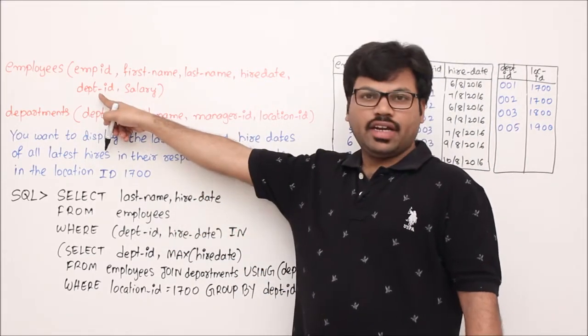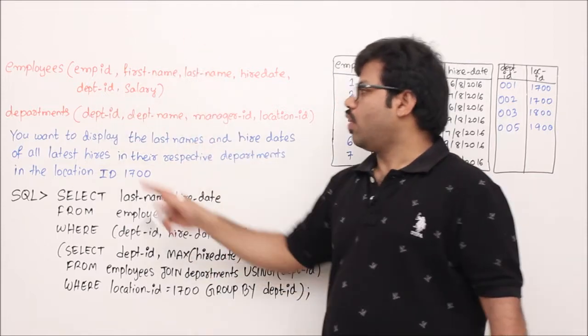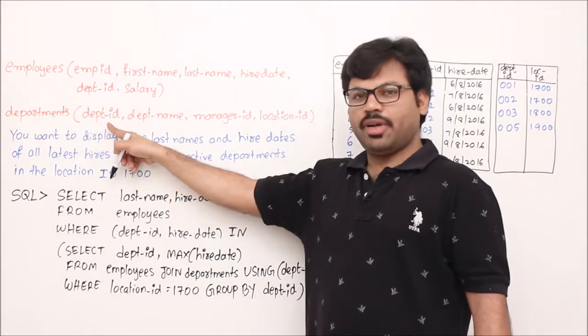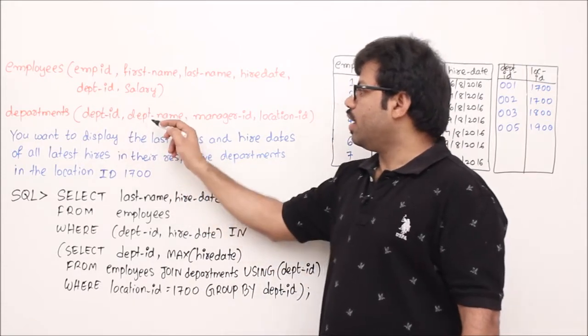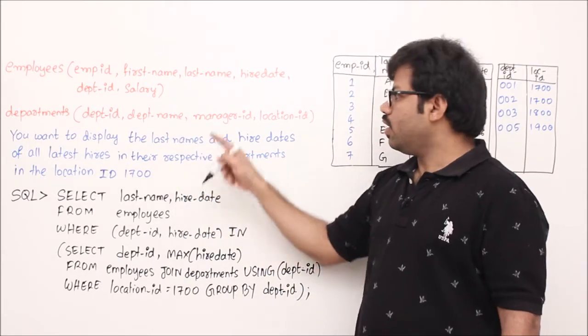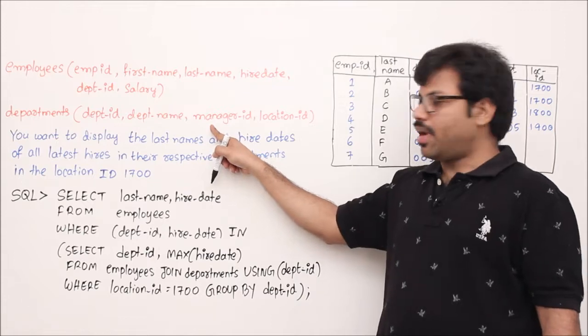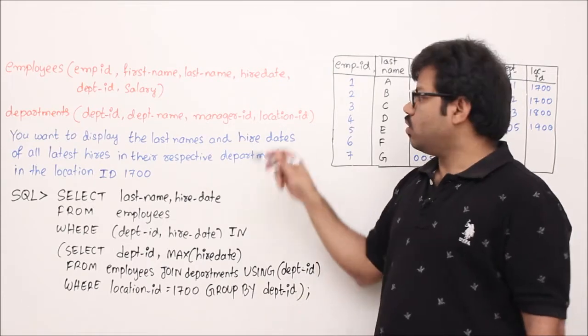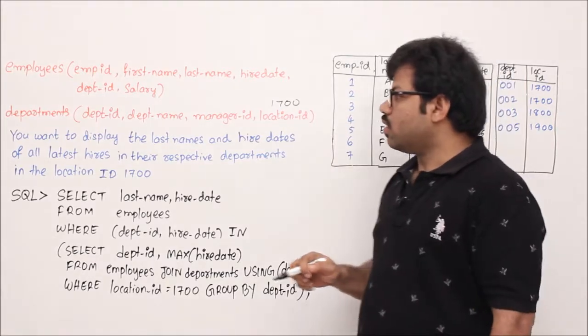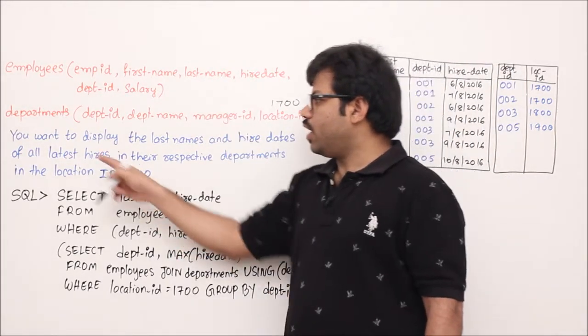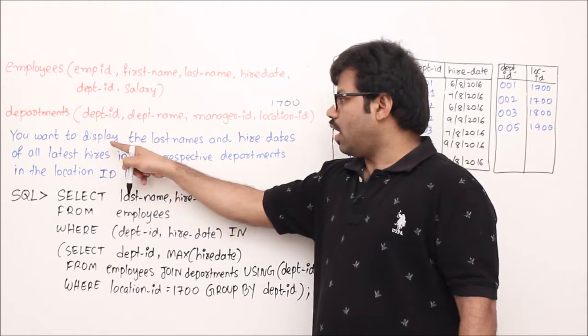Followed by department ID where he is working, and salary. Now the departments table contains department ID, a unique identification number, maybe like 001. Department has a name, okay. Manager ID, every department has a manager, and location. So locations are like 1700, 1800 in that way, right? So now given this data, what we have to find out or display is